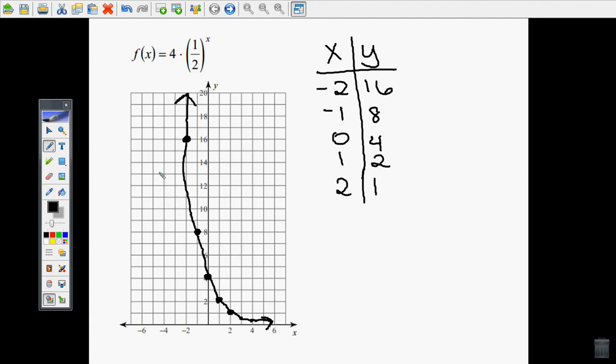So I'm going to talk to you guys about how to find average rate of change. But average rate of change is just another word for slope in relation to exponential functions. And the reason is because if I want to find the slope between these 2 points here, and I can't draw a straight line, between those 2 points right there, that slope is different than the slope between these